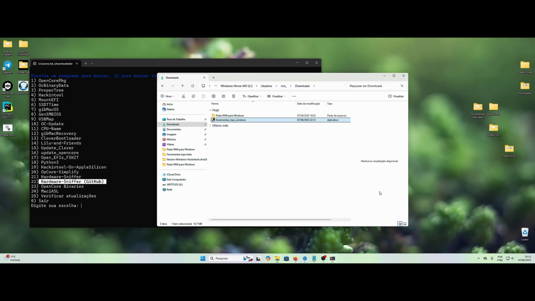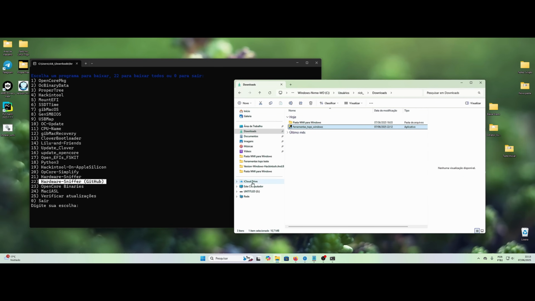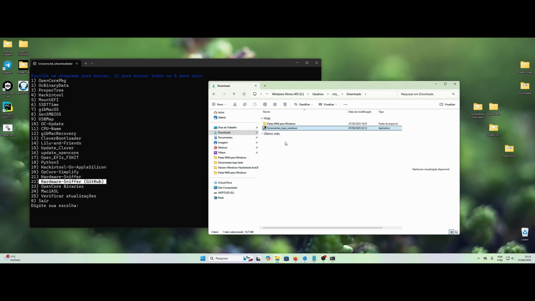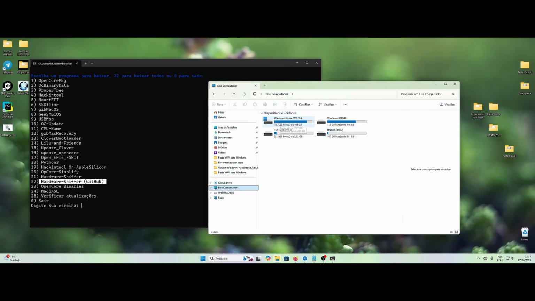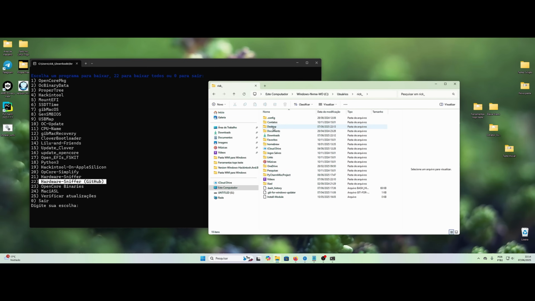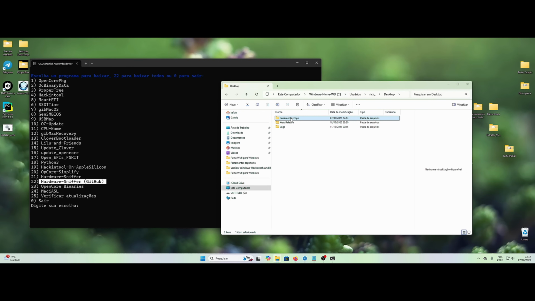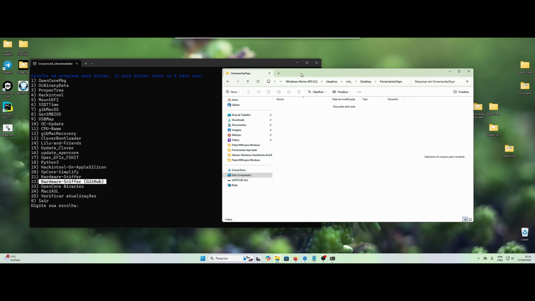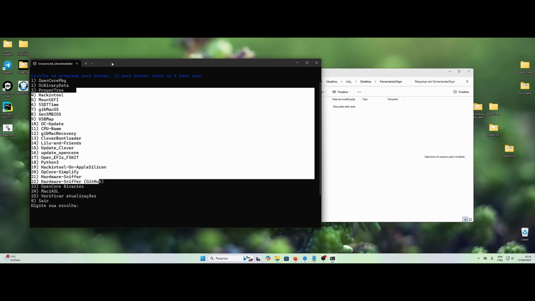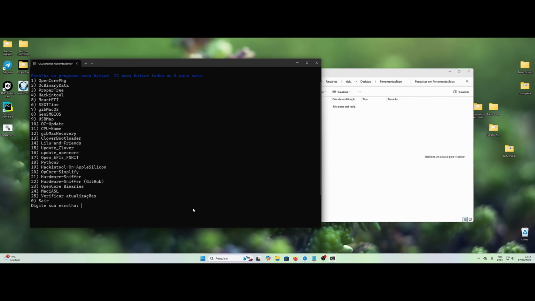Then from the moment we open TOPS tools here, you will come to the root of your HD, click on your user, come to desktop, and it will create this folder here, top tools. I will leave the link to my repository in the description of the video for you. It is very interesting, top tools. I have a lot of tools here. You can build a Wi-Fi EFI from scratch.